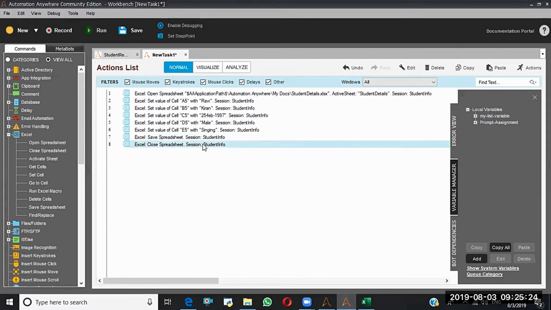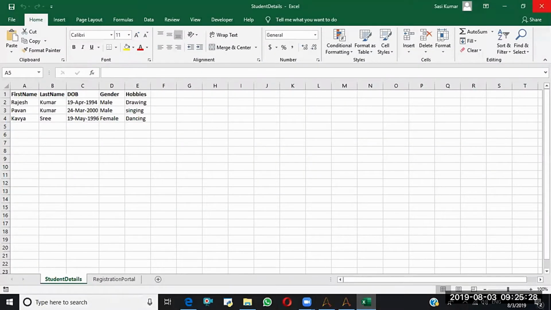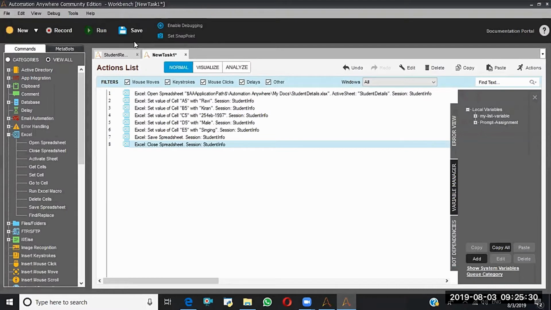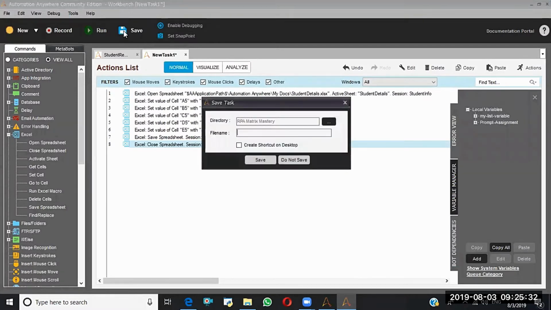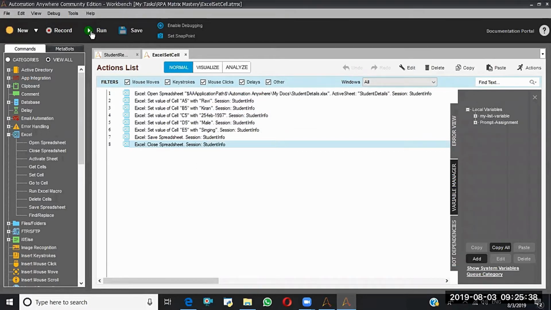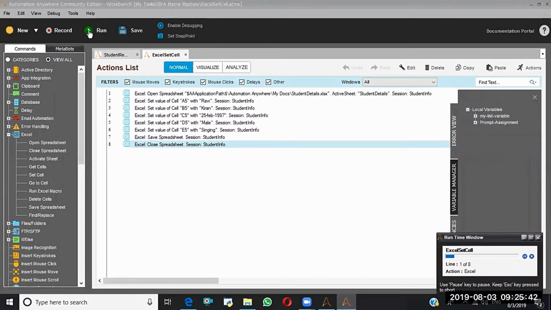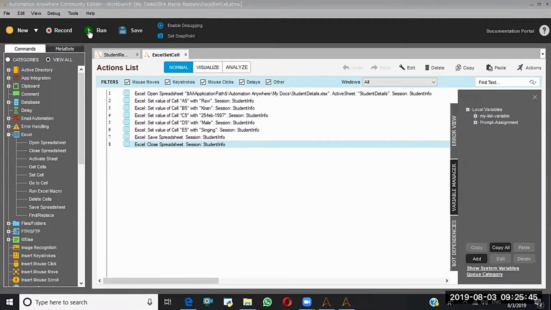As of now, I'm okay. See here, we don't have the fifth row. I'm going to move that one here. Excel, set cell. Learn from this step. It's updated.